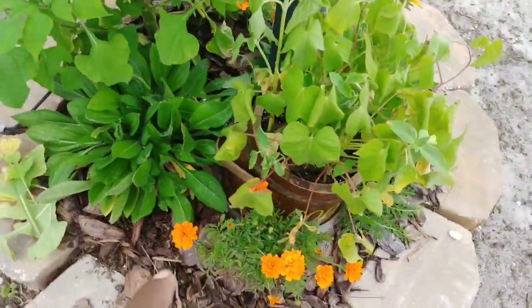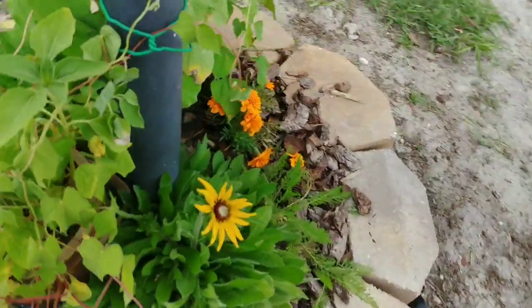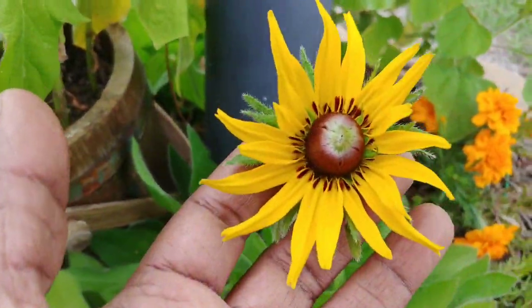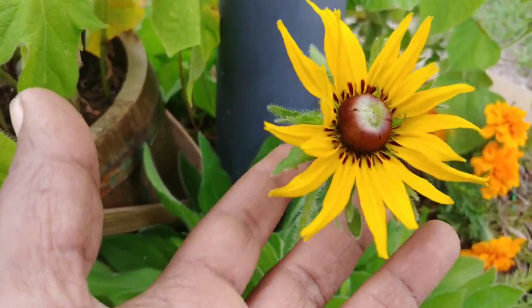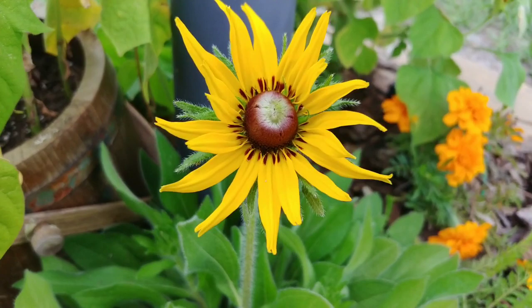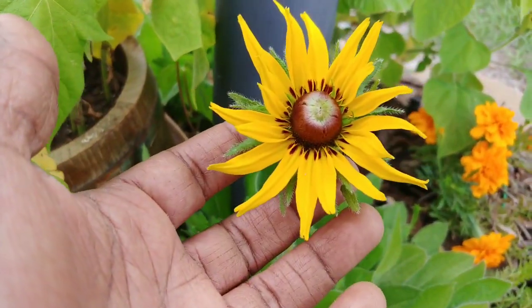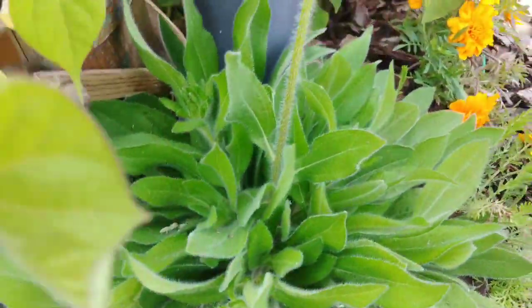More marigolds. My black-eyed Susan. Check it out, guys. This is the first one that flowered from the batch of seeds that I grew. So these look a little bit different than the ones over there. I think these are more like rutabagas, or rutabaga, and